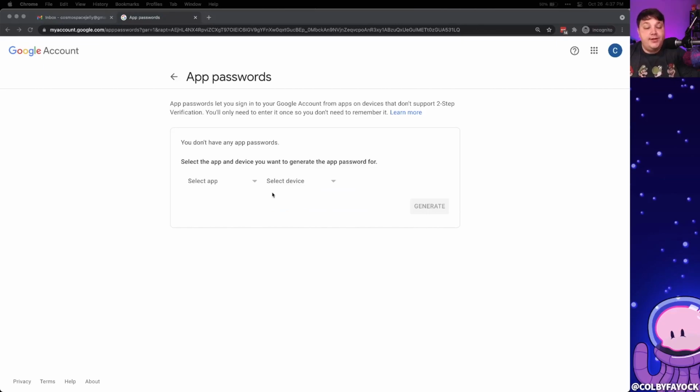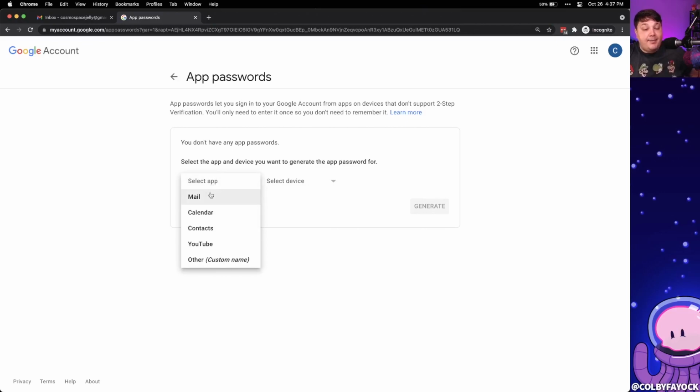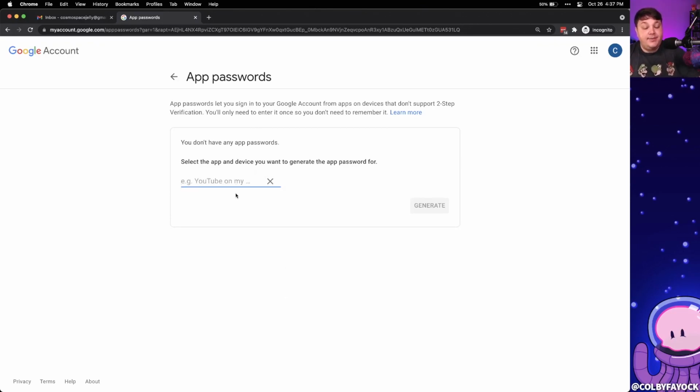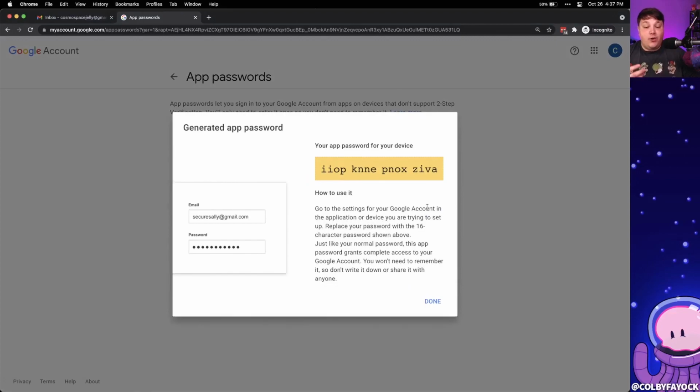But once we do, we land on the screen where we have two options, and the first one, we want to select an app. Now in our particular instance, we want to use Mail, and then we want to select a device, where we don't really have a device. So we're going to select Other, and we're going to be able to put in a custom name. I'm just going to put in My Daily Report Email. That can be whatever you want as long as you recognize what that name means for that password for yourself. But once I hit generate, it's going to generate a new password for us